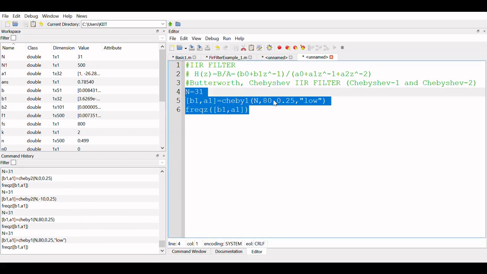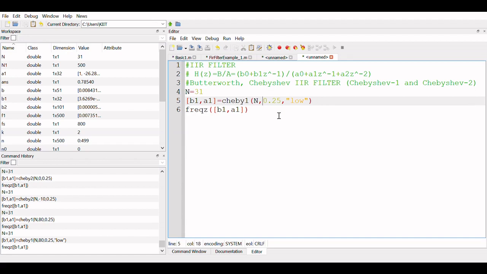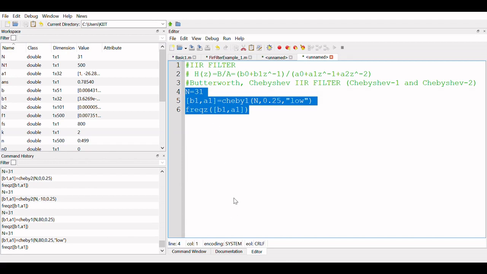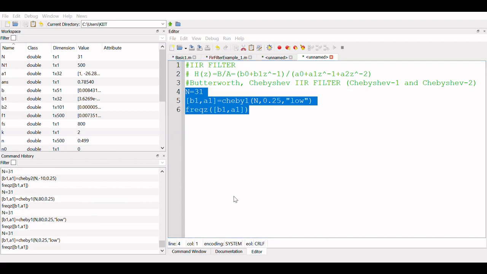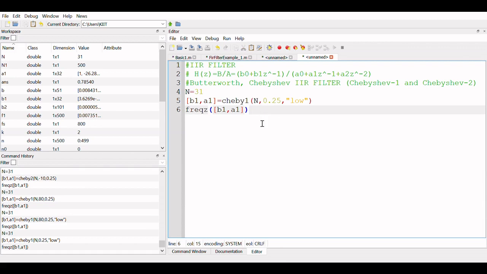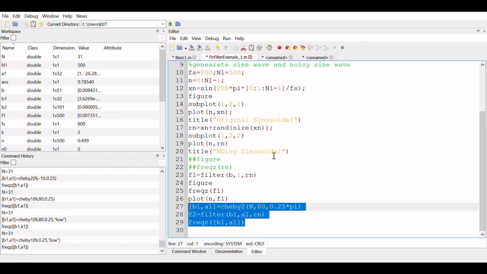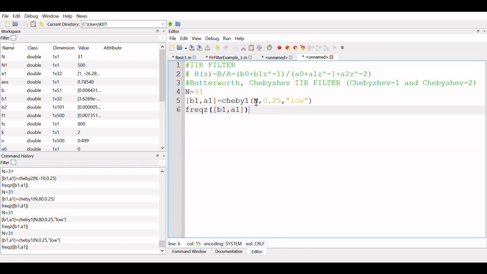So Chebyshev 1 is not at all performing better, so let's take the default value. Again by default 80, I know that, so the same is showing. So you have to do hit and trial to find out which one suits your profile. So this is Chebyshev type 1, Chebyshev type 2. The functionality is this, you don't have to bother.